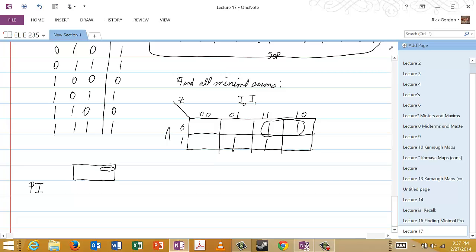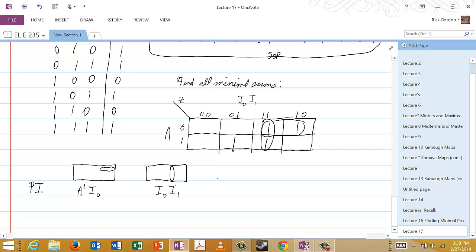And that is the prime implicant A prime I naught. Another rectangular grouping of 2 one cells is here. And that is the prime implicant I naught,